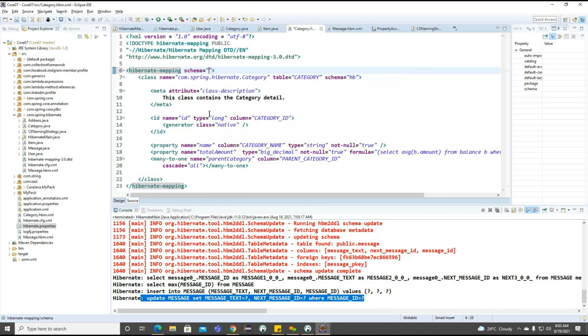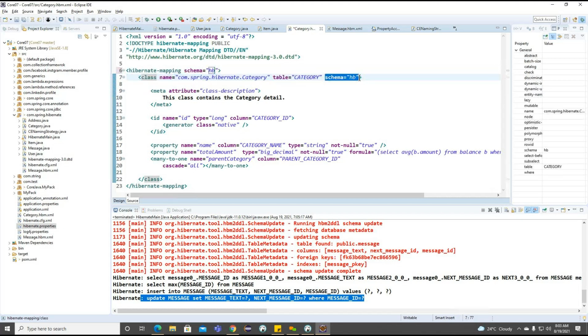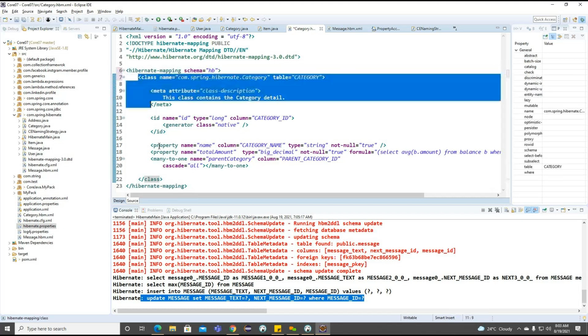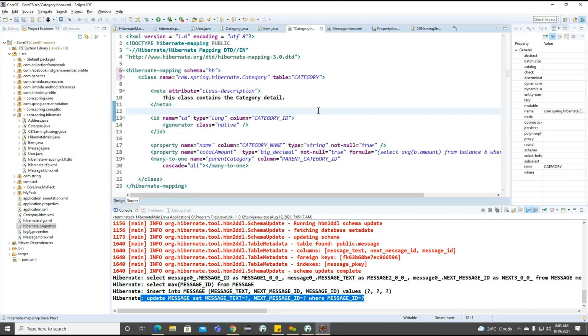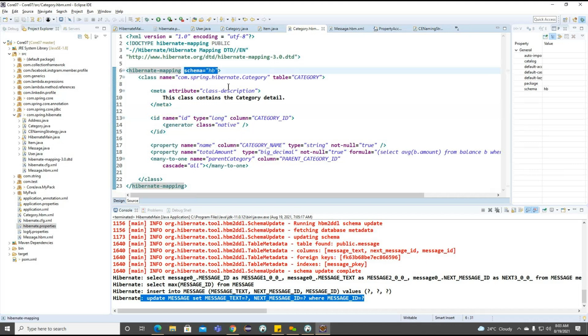So they did not provide the default. Directly they're having schema. We can go for the HB. Getting the point. So this is for optional purpose we can define here. So this is applicable only for this class. But whenever we are trying to create multiple classes here, instead of defining each class, now what we can do, we can define the schema on top of the mapping level. So this is the different option we can work on the schema here.